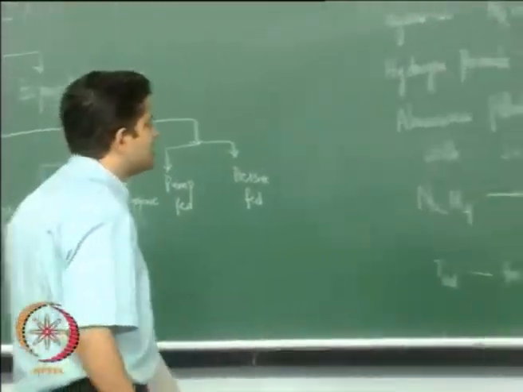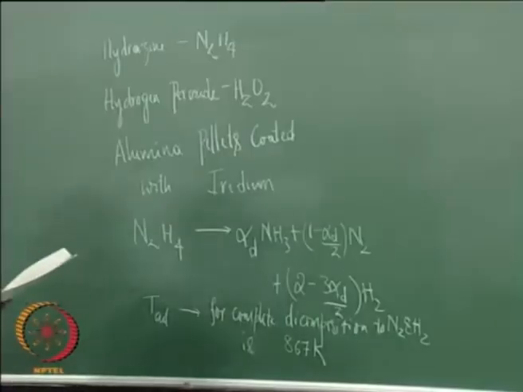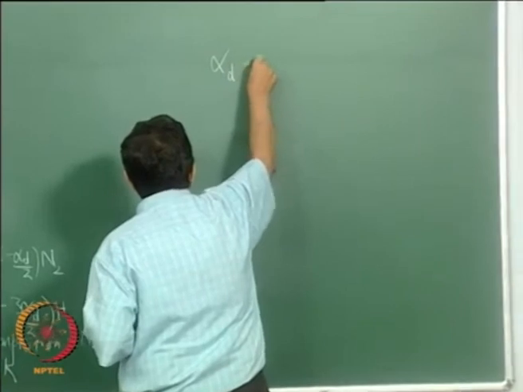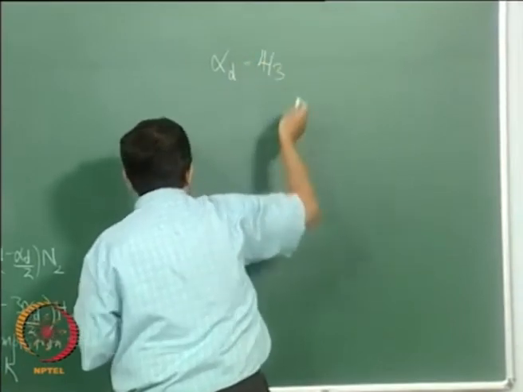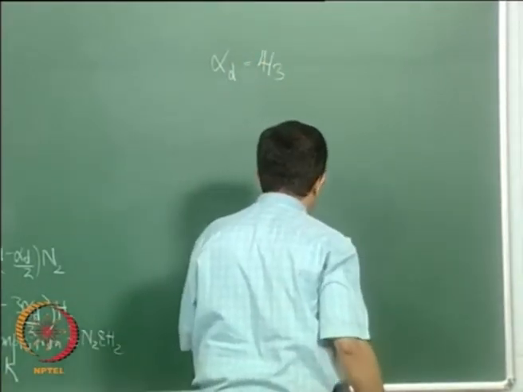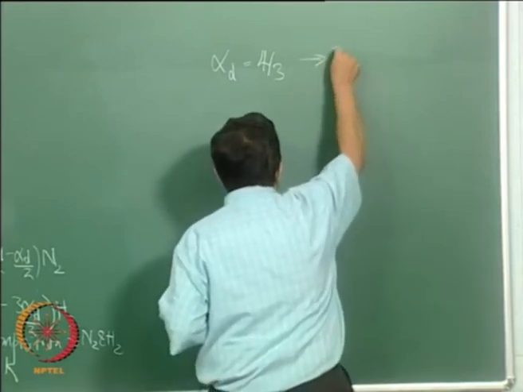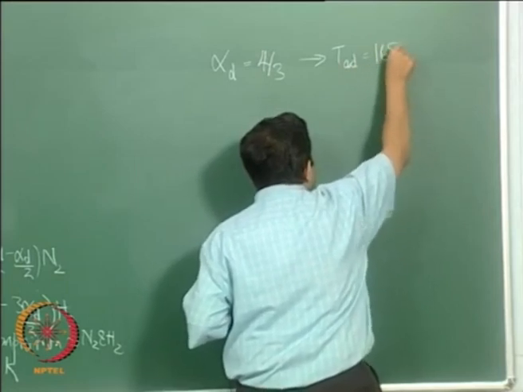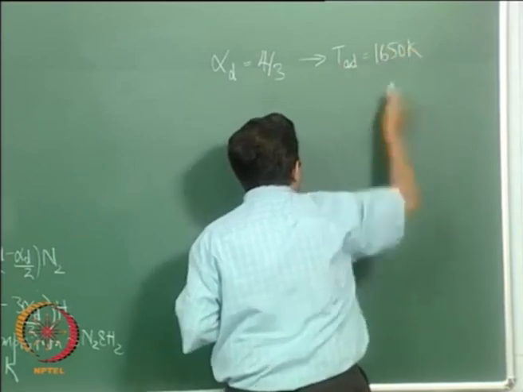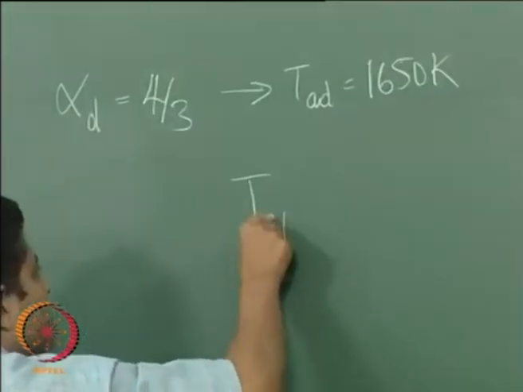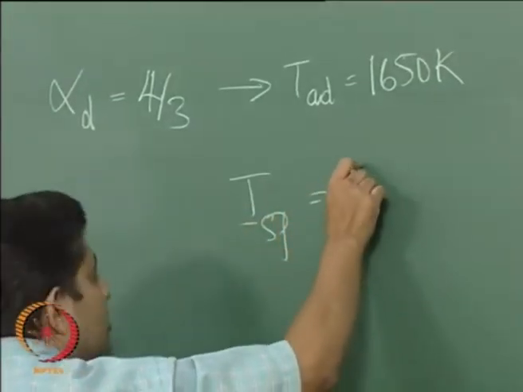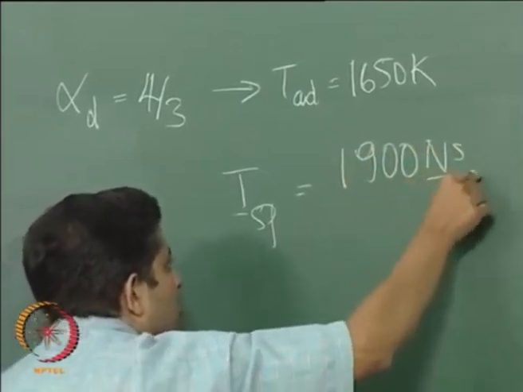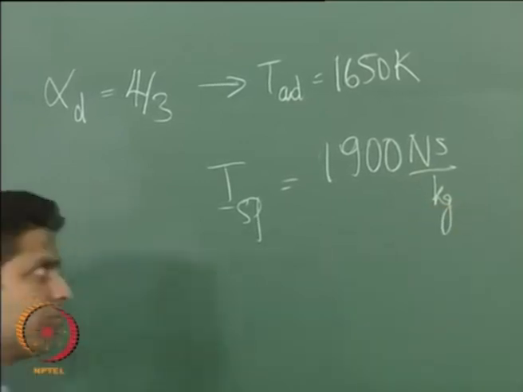So what is done is there is an optimal value, that is if this alpha D is somewhere around 4 by 3, then the temperature T adiabatic corresponding to this would be 1650 Kelvin, and ISPs would be something like